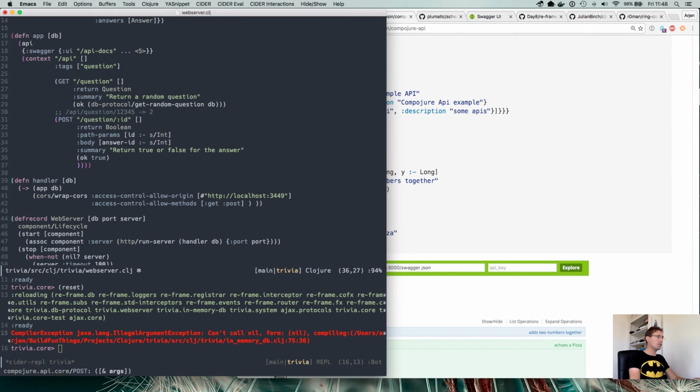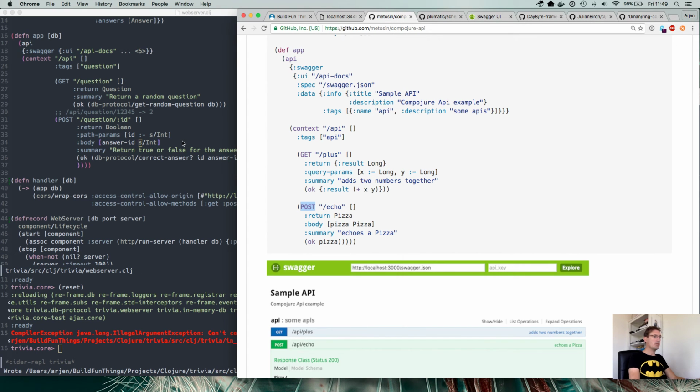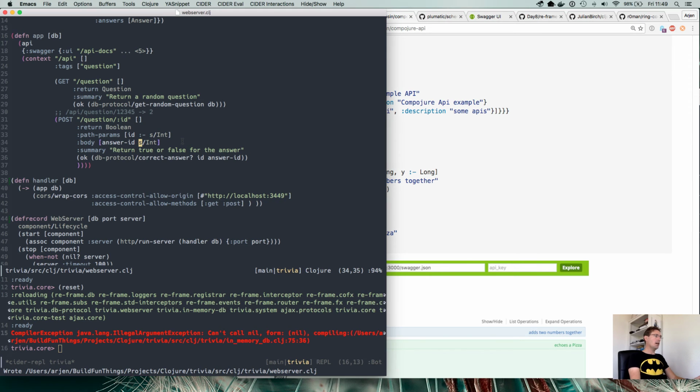Let's see if this works. See, and then we can say DB protocol, correct answer for the question ID and the answer ID. It seems that it would be this, if I think about it. The variable and the type. So,